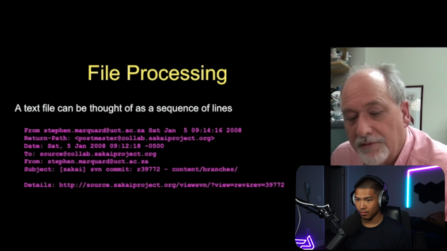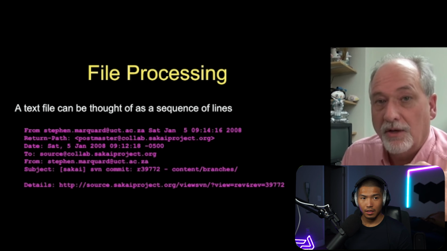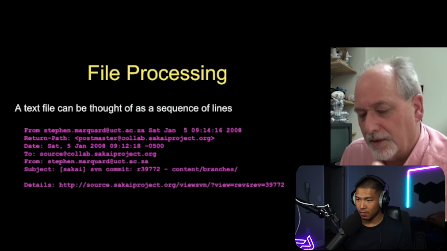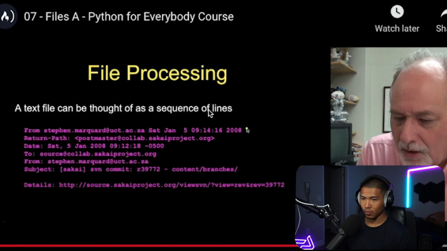So as we're reading through the file, we can think of it as a sequence of lines, and we can read these a line at a time. We can also read them a character at a time if we want. It's more common to say, read this line, read the next line, read the line after that, etc. But the way to best think about this, it doesn't really matter. You can think about it as lines, and we will in most of the programs that we write. But realize that when we see it come back to the beginning,